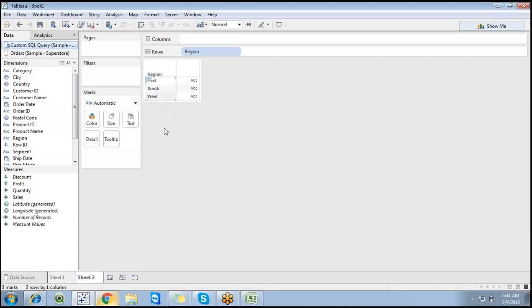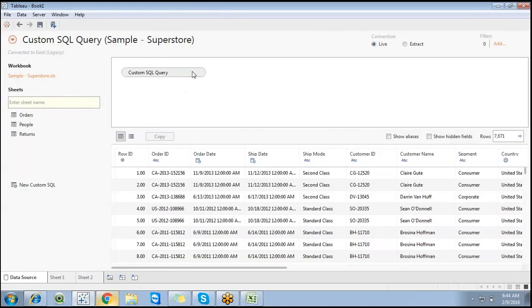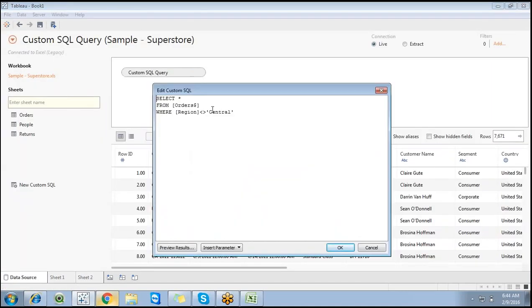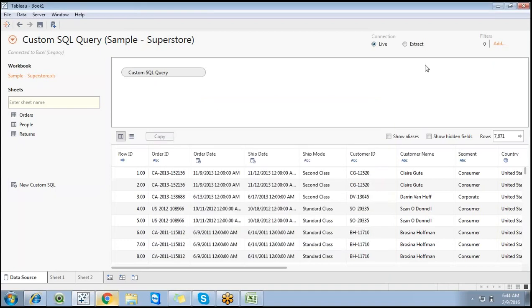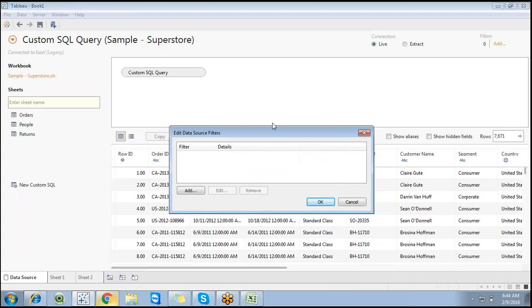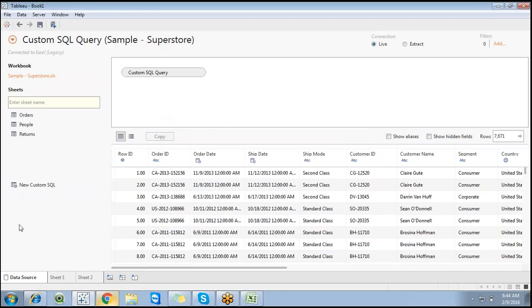It's a simple where clause, so you can work at this particular data source level. This is also called a data source filter. If you are using a customized SQL and want to filter out unwanted data, you can go for a data source filter with a custom SQL query. Simple, just remember this point. And we also have the actual data source filter, which is also a data source filter where we can filter out unwanted data.